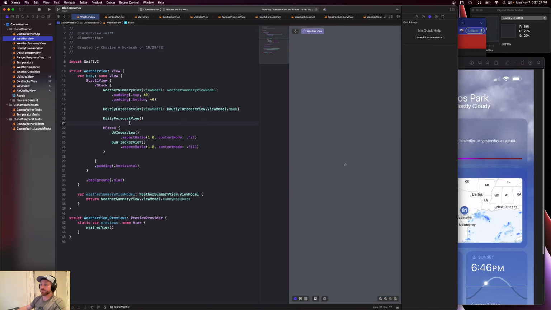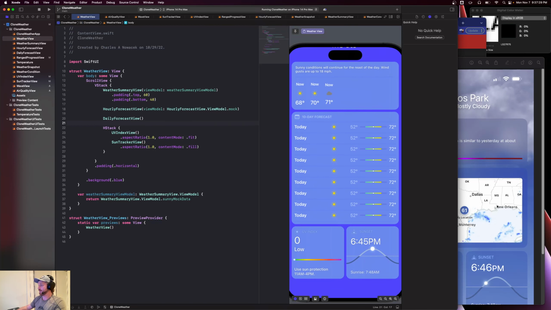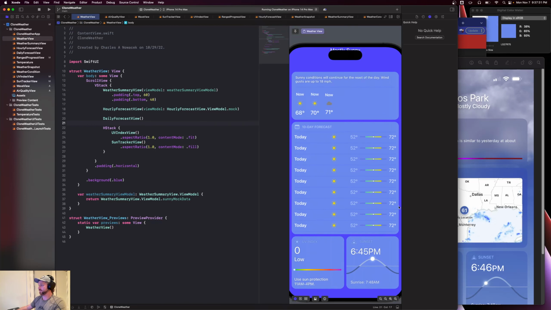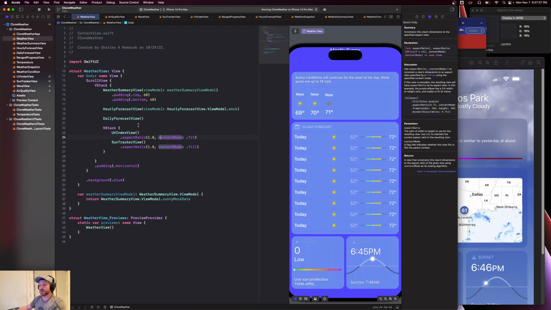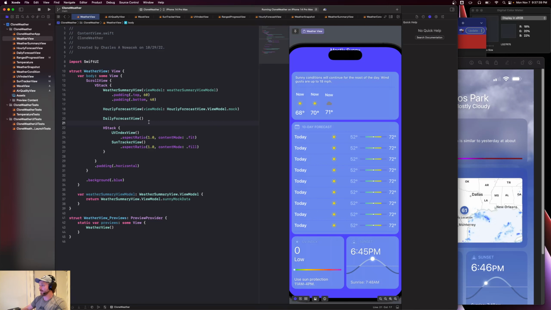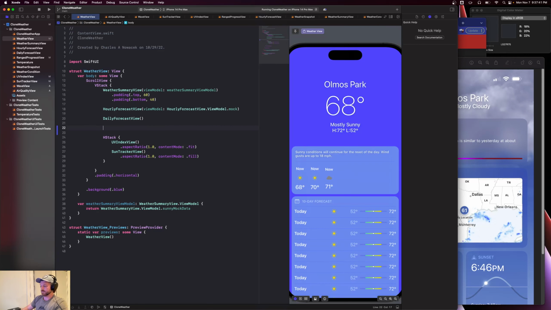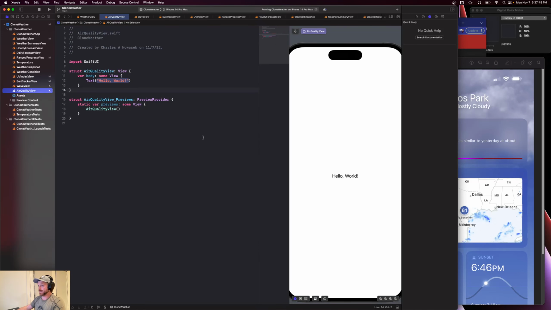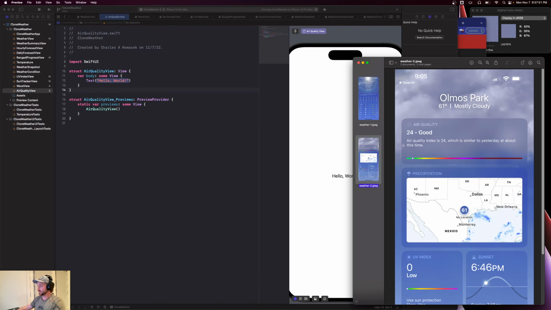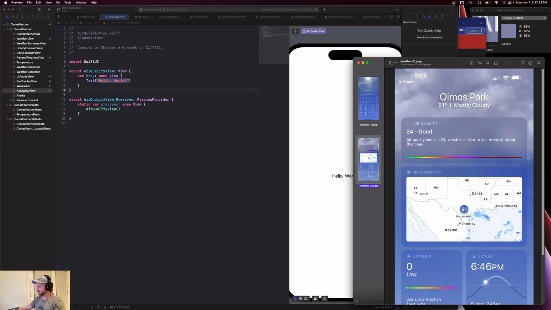In our weather view, the air quality should sit between the 10-day and the map view, which we'll also need to do. So here, do our air quality view. Right now it's just going to say hello world. And for